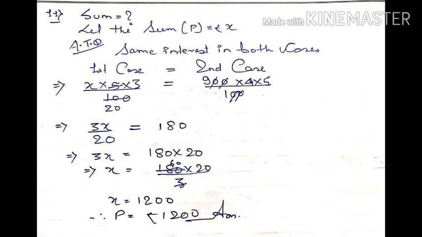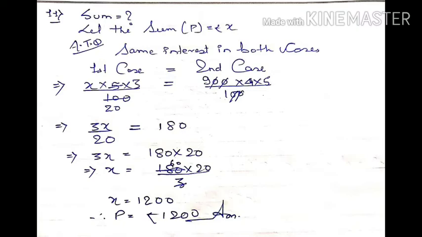Question number 11, first you read from the book 2 times. Okay, now I am telling you, I am calling 2 boys. To first boy I am giving how much money I am not telling you, and to the next boy I am giving 900. Okay, at the end of the time they will return the same interest to me. The question is, how much money I have given to the first boy.